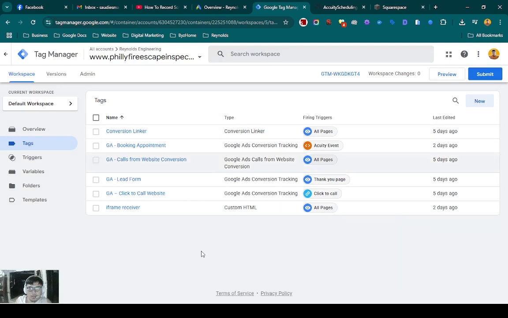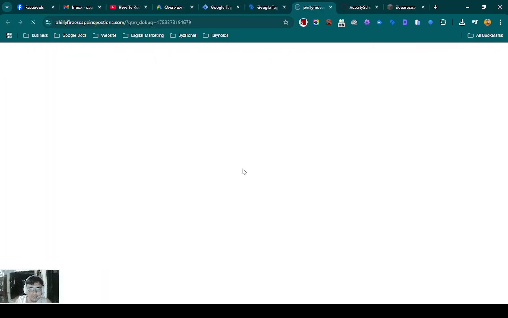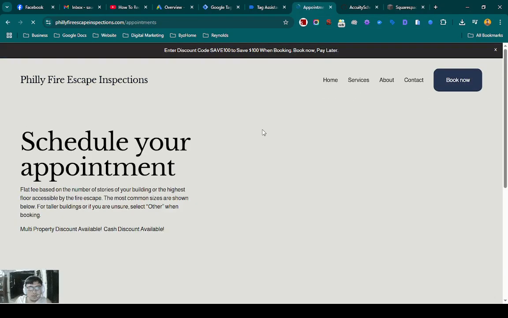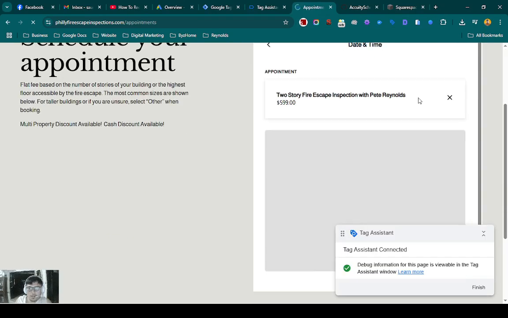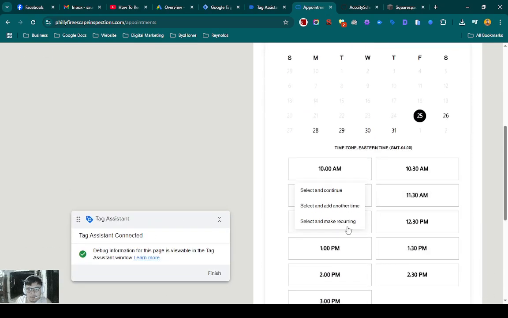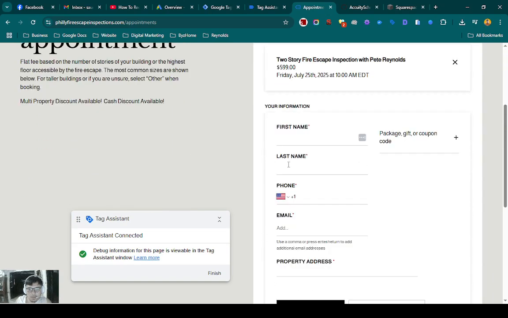Then test this one. Click the preview and then connect, and this one. We need to try to book the appointment. This one, test event,